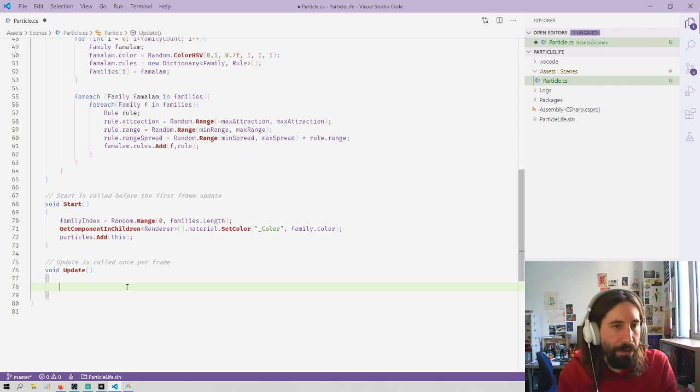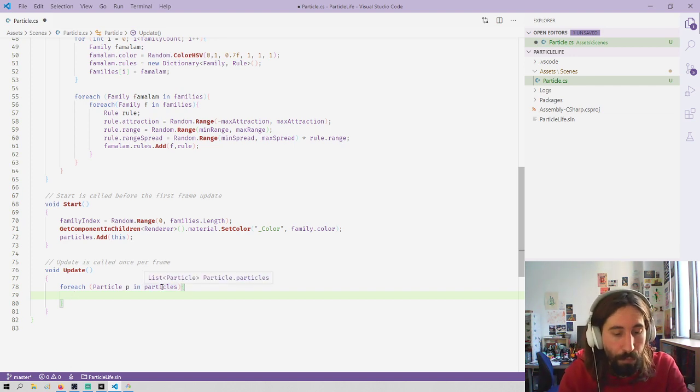So the next thing they do is they look at all the particles, and if they're not looking at themselves, because obviously particles can't push and repel against themselves, they can only do that to other particles, then they do their attraction thing. So just do it real quick. For each particle P in particles,